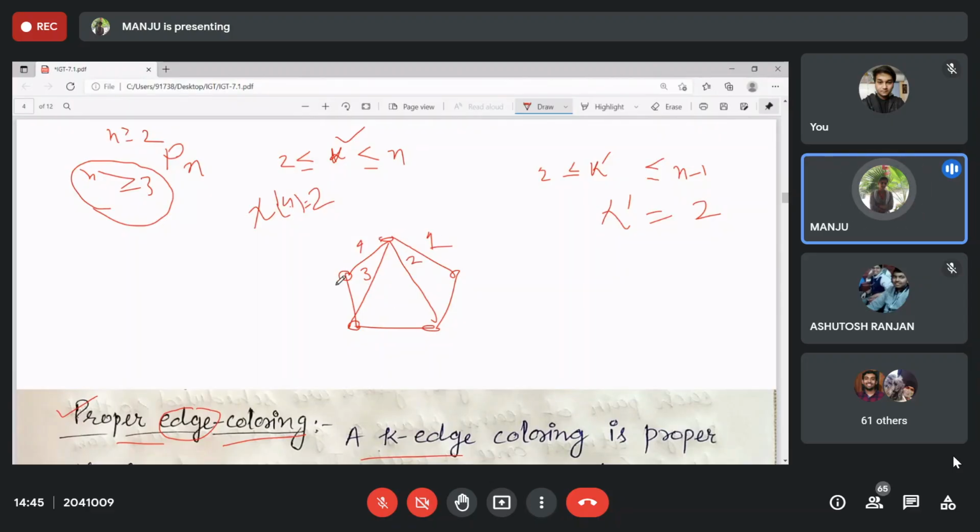Here. Now this edge is adjacent with 3 and 4. So you can use 2. Right? Now this edge is adjacent with 2, 3, 4, 1. Which one do you want to use? 2, 3. 3, no, not 3. 2, 4, 1. This is 4, this is 2, this is 1. So 3 you can use, I think, right? This one was 3. So no adjacency with 3.